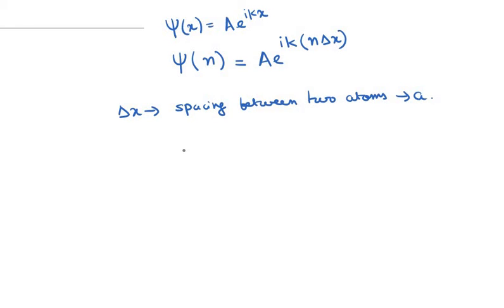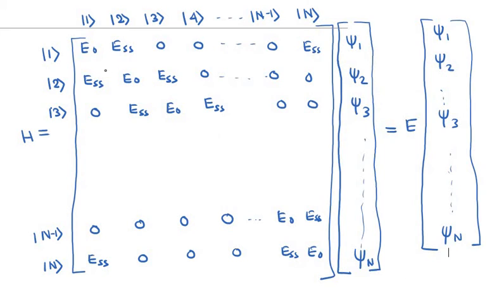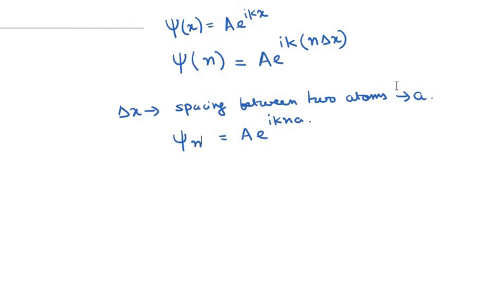which is represented by A. So psi n can be represented as A e to the power i k n A. Write n as the suffix here because it is for the discretized case. So now let us pick up a random equation from this matrix. If we pick up a random equation from this matrix, we would basically get